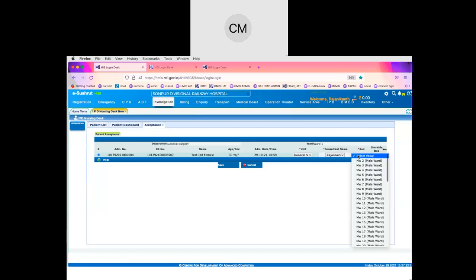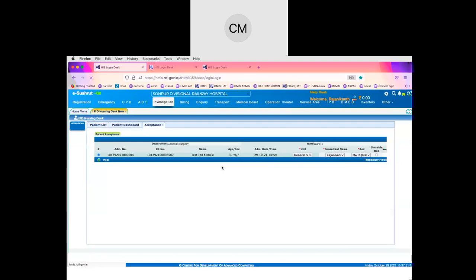So the ward and unit have been changed, but the bed has to be allotted here again. After the bed is allocated and saved, the details get updated here, and the patient gets admitted with a bed allotment in a different ward. So now the nurse of that particular ward will be able to see the patient in the patient list of that ward.